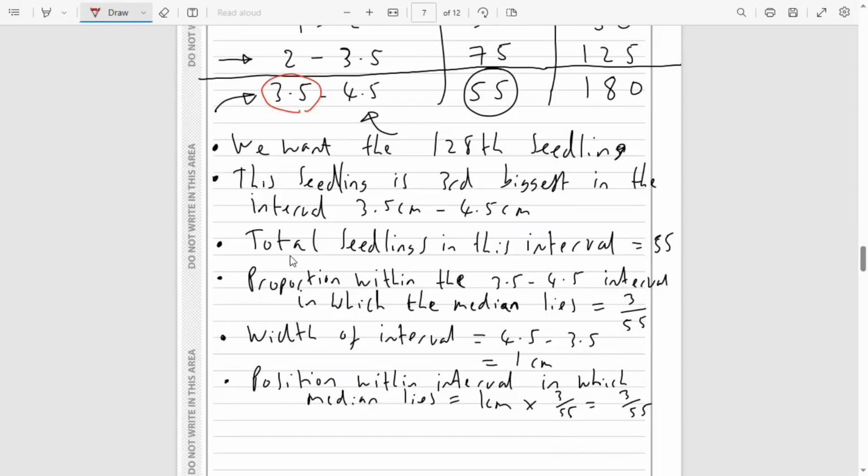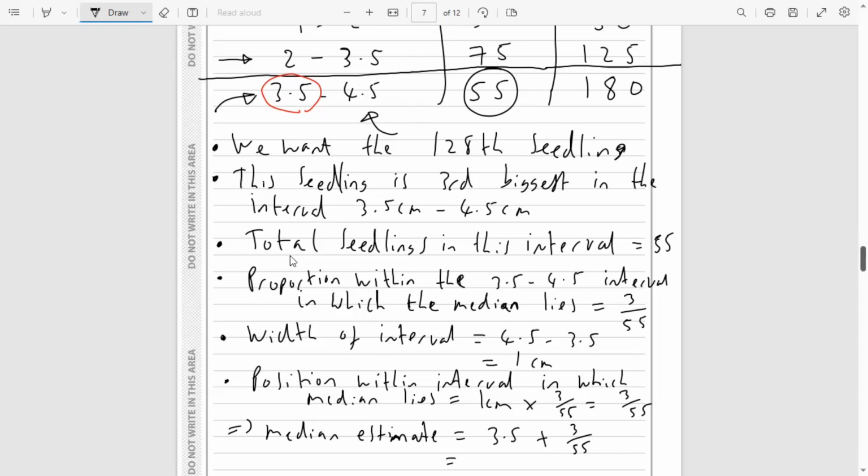So to get our final median estimate, so median estimate, let me just make that look like a proper M. Median estimate is going to be the 3.5, the lower bound of our class, and then plus our position within the interval. So the position within the interval is going to be 3 over 55. So we can go to the calculator. We can put this in the calculator. So 3.5 plus 3 over 55 is going to be about 3.55